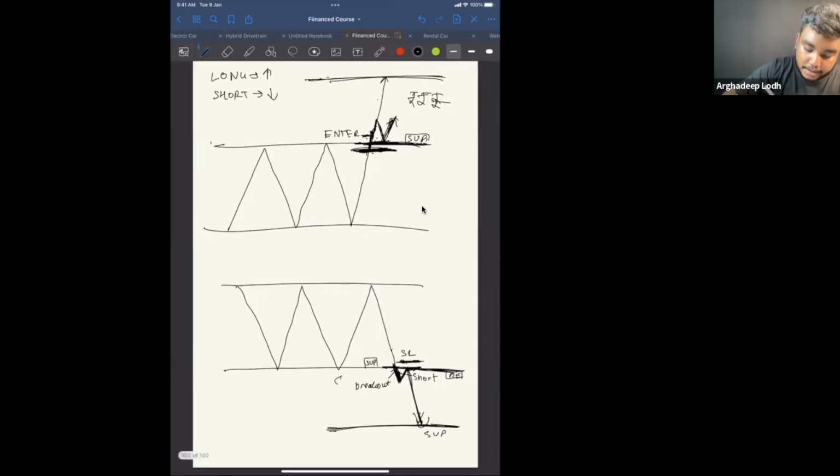Suppose यहाँ तक आप 100 रुपया profit कर रहे हो, let's say ये जो market नीचे आया, till then you are making 100 rupees profit. If you don't sell at the support level, the purpose of the support level is to push the price up. So the support level pushes the price up, and someone books the profit here. Let's say trader A will make a profit here. Trader A will make a profit of rupees 100 because he booked his profit as soon as the price touched this level. But trader B